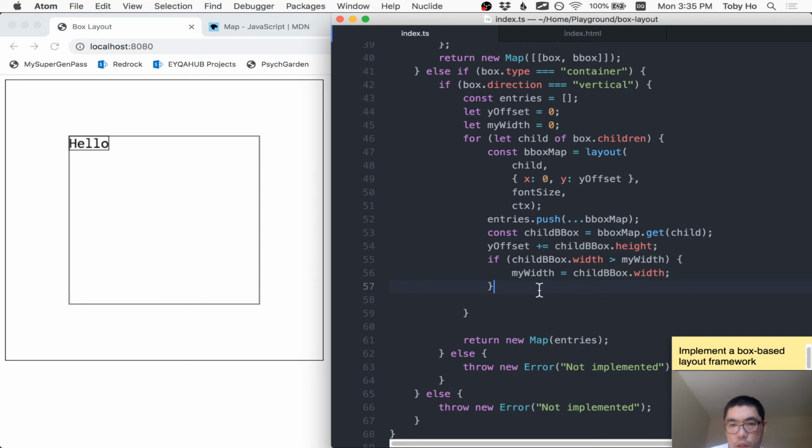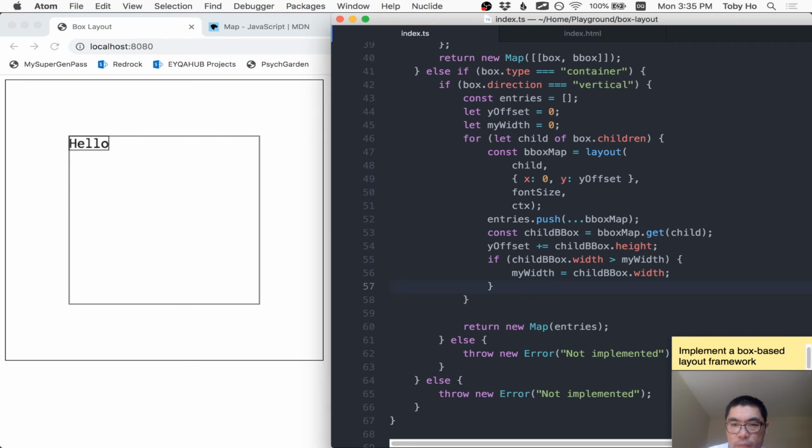Okay, that works. So at the end, the height of the container should be equal to the Y offset, because we've been adding the height of each child to the Y offset. So the final height